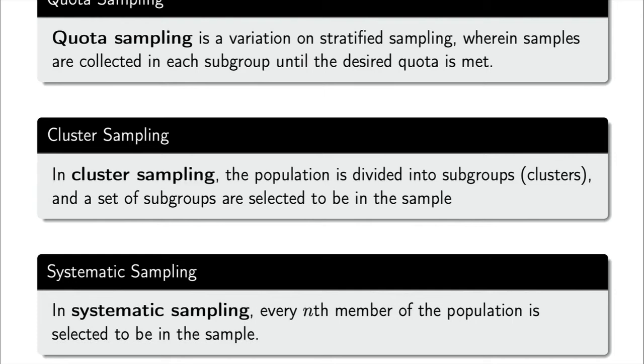Okay, next is systematic sampling. And systematic sampling is where you have access to your entire population, and you're going to pick every nth member of the population in some way. So maybe I am interested in knowing what the students in a statistics class feel about grading policies. So I stand at the front door and I pick every fourth student that walks in and ask them a couple questions. And so every fourth student comes in and they're in my sample. And I go until I've gone through everyone in the class and gotten every fourth student. That is a systematic sample